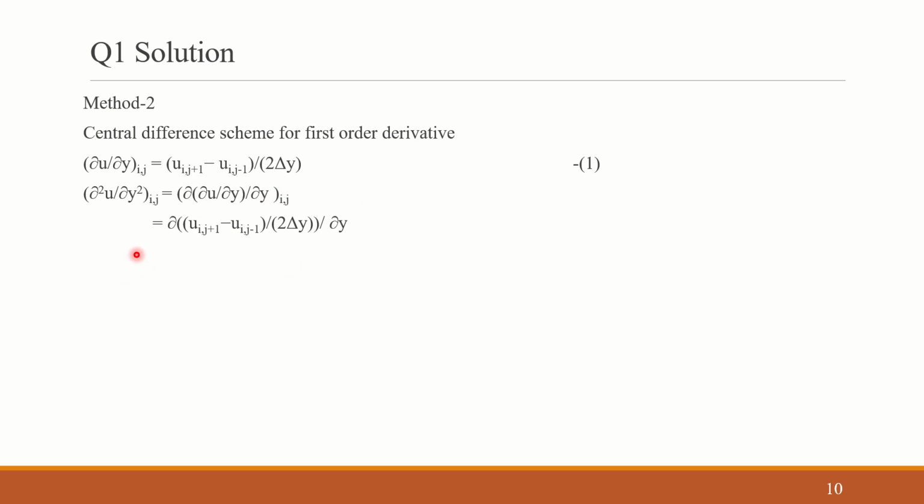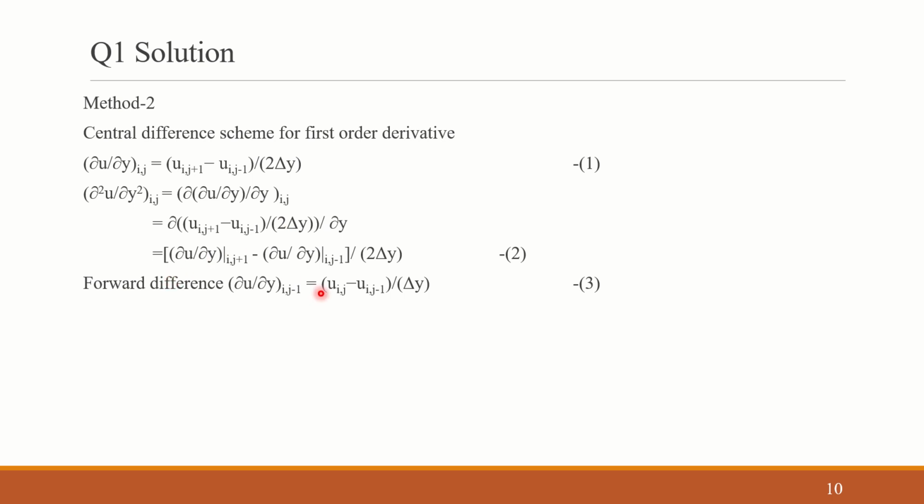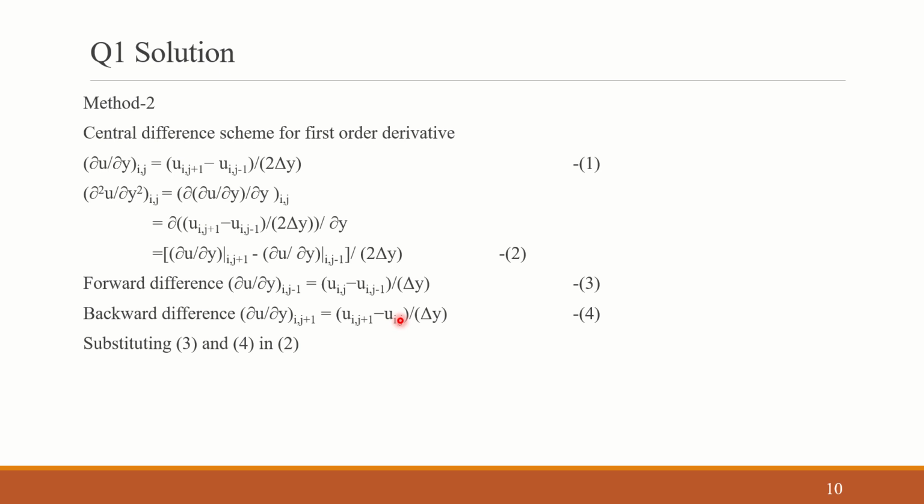Substituting this, we have this expansion, and now we take ∂/∂y at all these points. So ∂/∂y of u at (i, j+1) minus ∂/∂y of u at (i, j-1), divided by 2 times delta y. For (i, j-1) we use the forward difference, which is u at (i, j) minus u at (i, j-1) divided by delta y. And for (i, j+1) we use the backward difference, which is u at (i, j+1) minus u at (i, j) divided by delta y. Substituting 3 and 4 in equation 2,